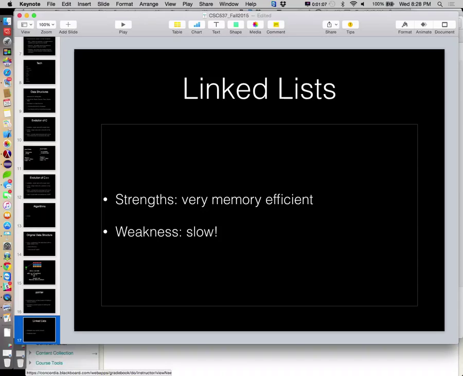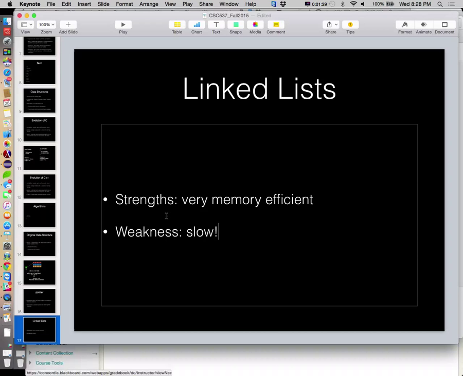But these guys are relatively slow because of the effort we have to take to make them memory efficient, which we'll talk about. We can't just compute our way to a place in memory where a certain element lives. We have to traverse the list from beginning towards the end until we get there. Make sense? It's a trade-off, if you will.